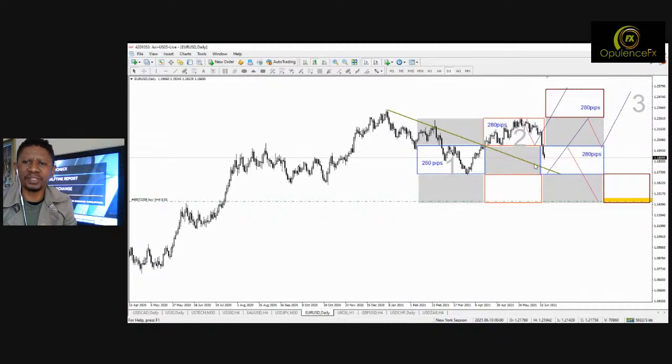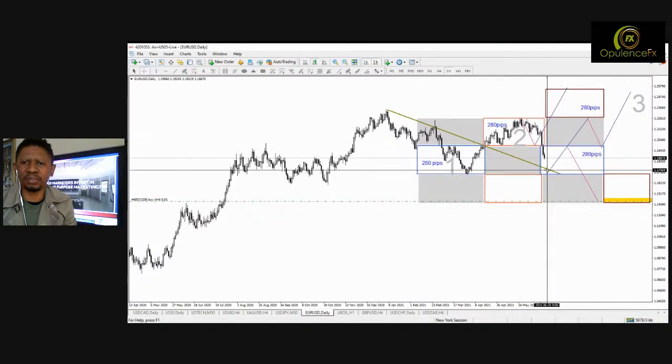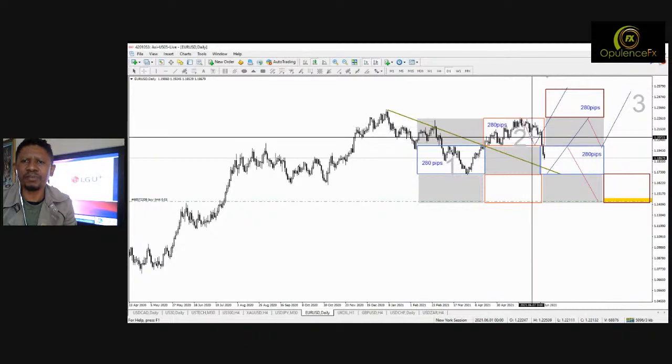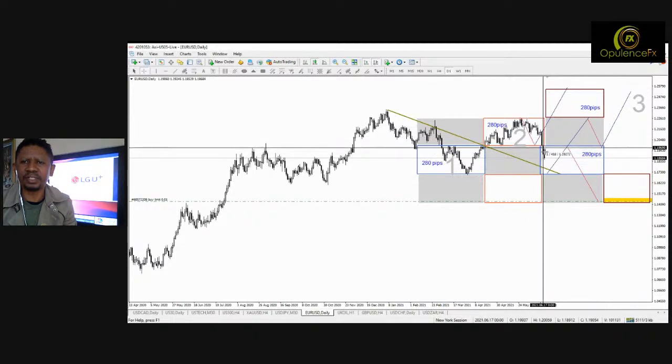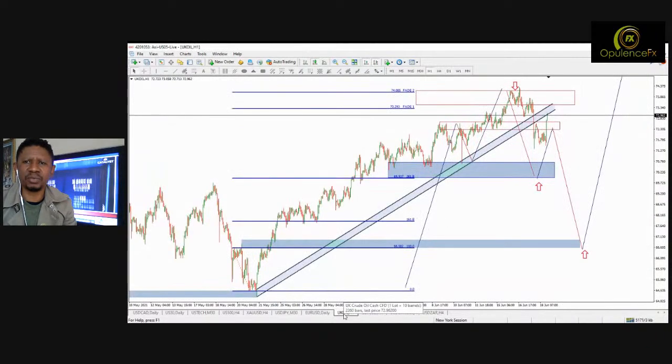And now we can see that, according to my analysis, the only point at which the euro dollar would stop would be at the bottom there. So it must drop 280 pips once it gets into the block. It does not look like there's anything about 280 pips, so we're expecting it to stop right at the bottom there. And then from there, it could bounce either to the next block or stay in the same block. So we'll see. This is just how we monitor that.